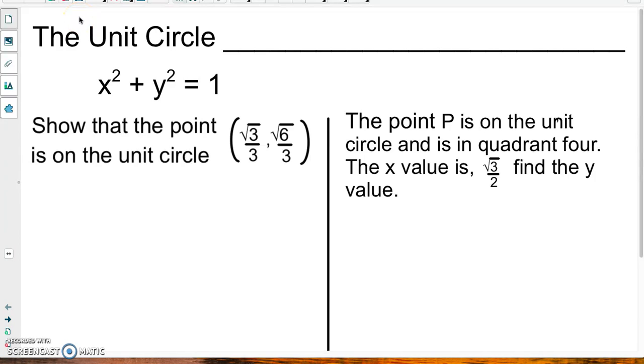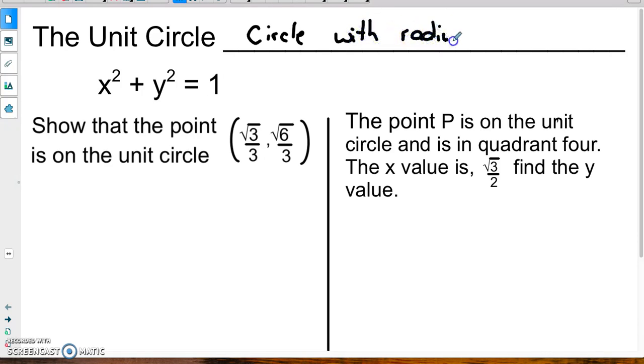So the idea of a unit circle is that a unit circle has a radius of 1. Okay, so that's what makes it a unit circle, 1 unit. All right, so a circle with radius of 1 unit. All right, and then when we draw the circle, we normally picture it on a coordinate plane,